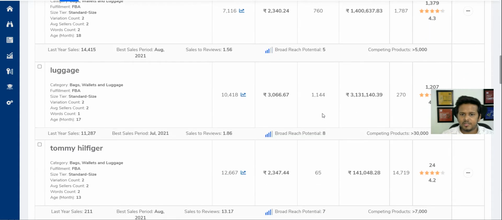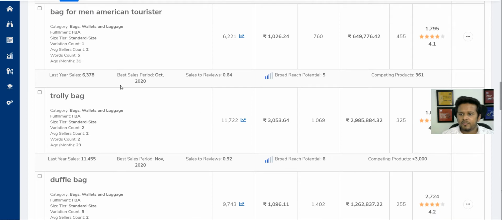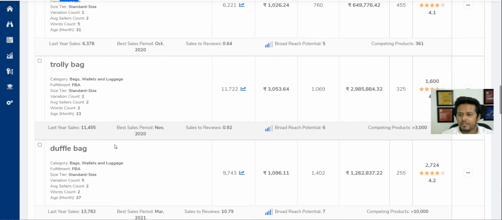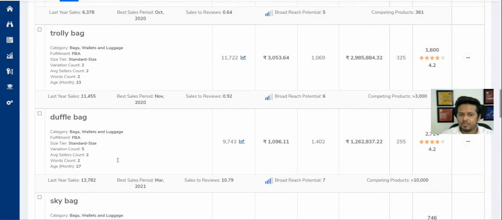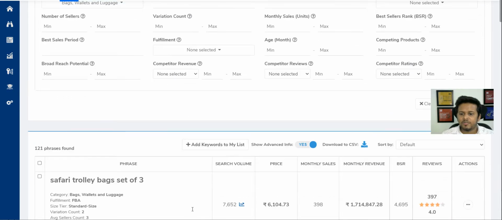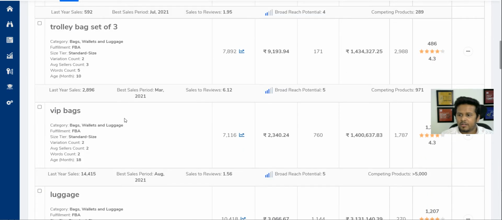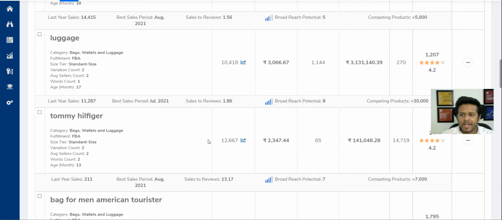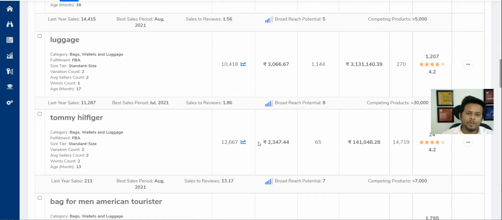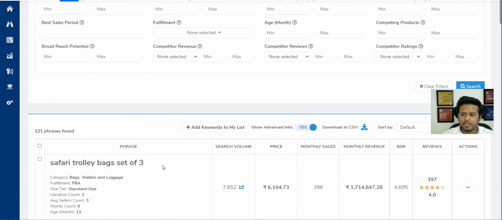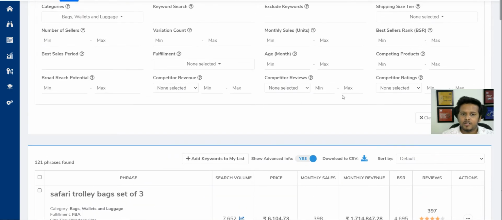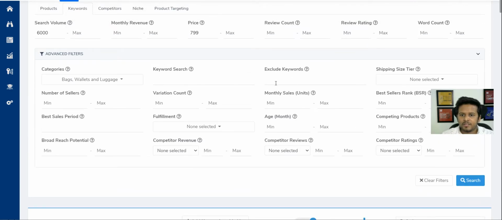So as you can see, this has given a lot of different products for you, and you can scroll through and there are a total of 121 products. So these are in terms of keyword search volume. Now again, VIP bags, and within bags you will see a lot of private label brands, and if you want to remove those private label brands, you can just type in here in keyword search to exclude these keywords. So here you can type in Puma, Safari, and those will not flow in.